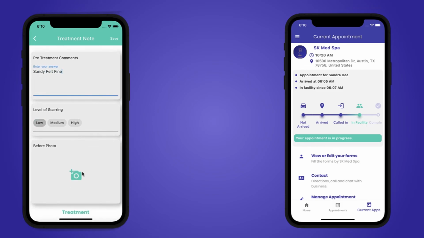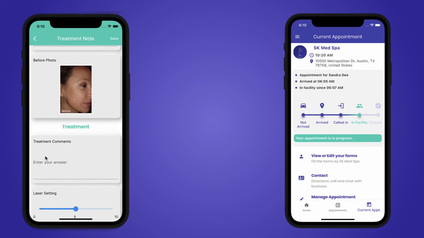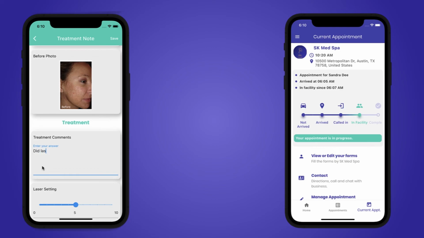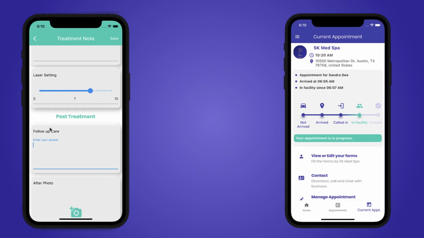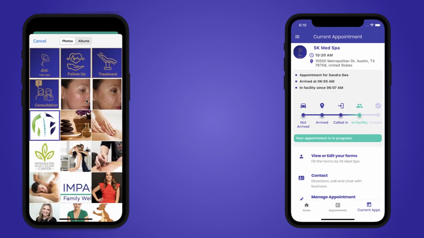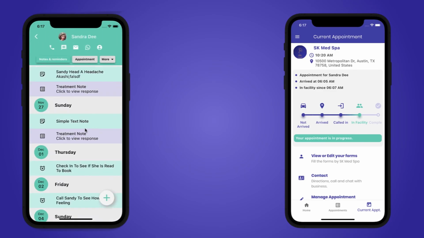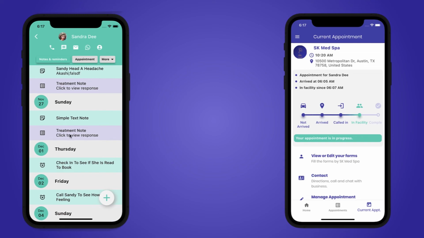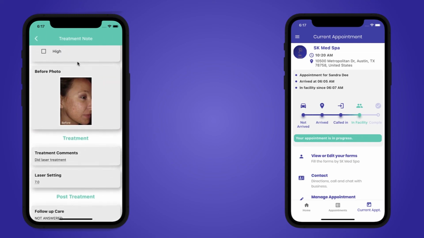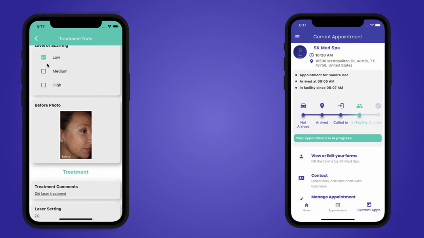She had a question about her scarring. You can add a before photo. You could add some treatment notes. Did laser treatment. You could then set the laser setting, you could put her follow-up care here, and then enter an after photo and click save. And what you can see here is a log of all your interactions. So that treatment note we just created is sitting here, and this note can be shared with the customer as